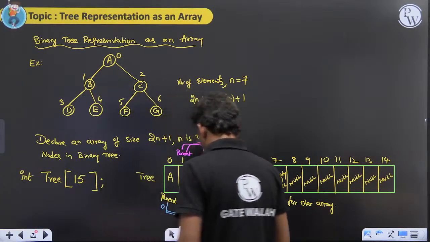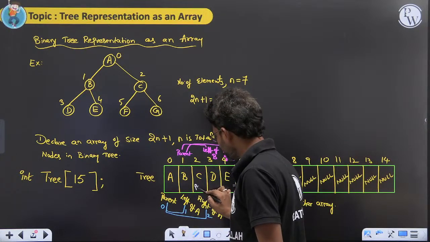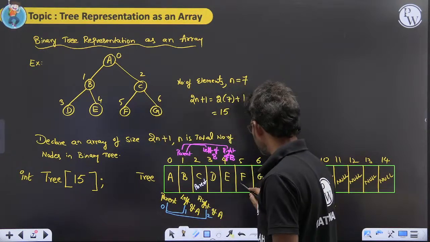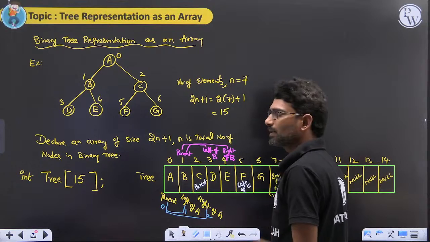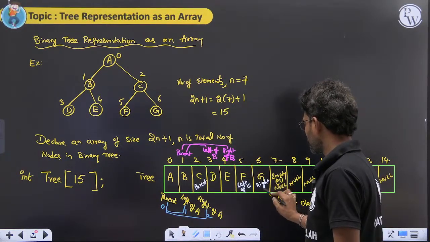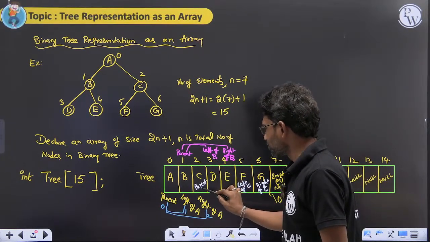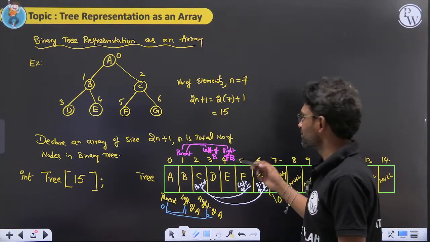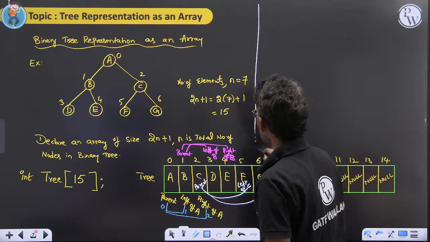In the same way, if I take C as the parent, C's left child is F, C's right child is G. So if the parent is at index 2, its left is at index 5, its right is at index 6, right? So from this we can say, if